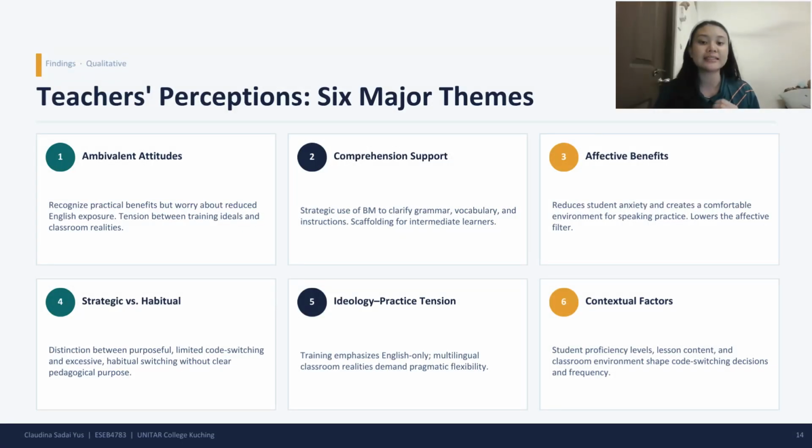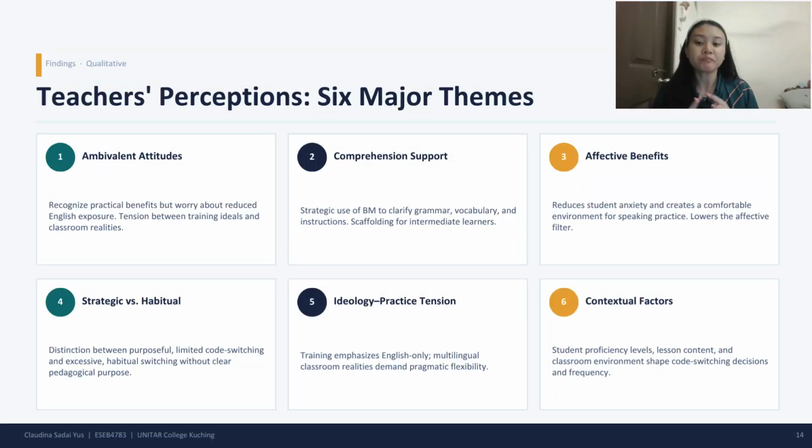The second one is comprehension support, and how BM translations can really help students understand the meaning whenever they try to speak English. The third one is the affective benefit, which is about reducing students' anxiety and creating a comfortable environment so that they can speak English